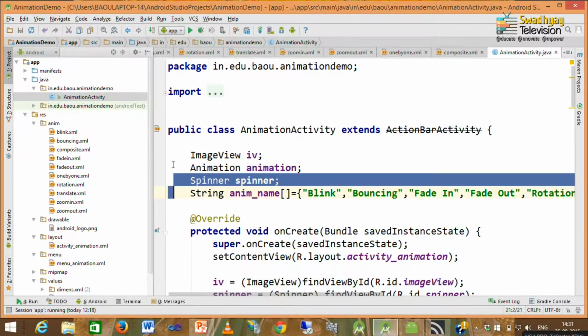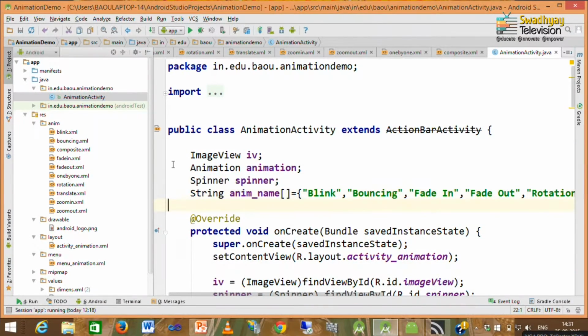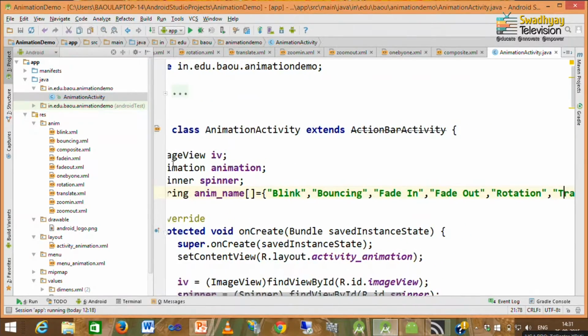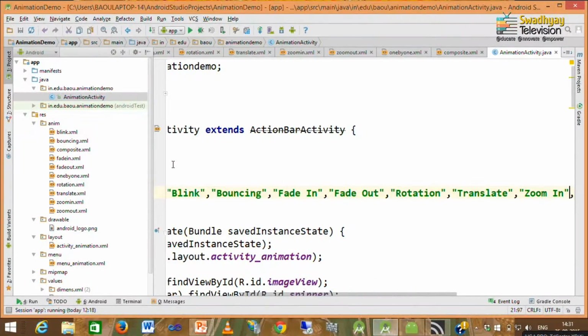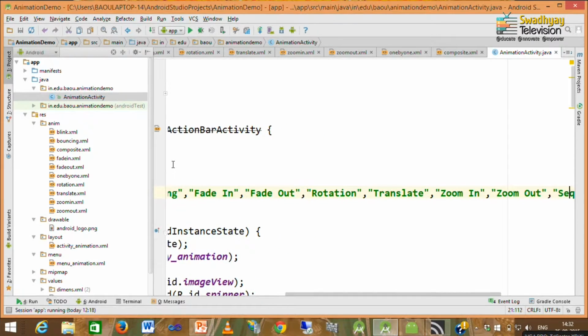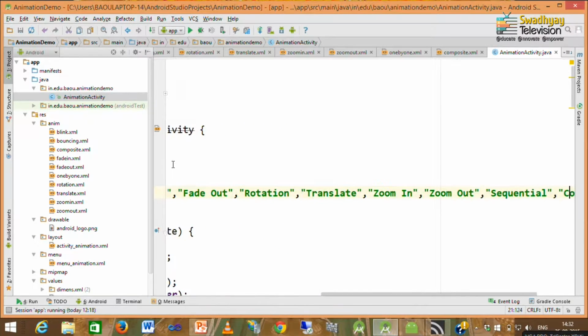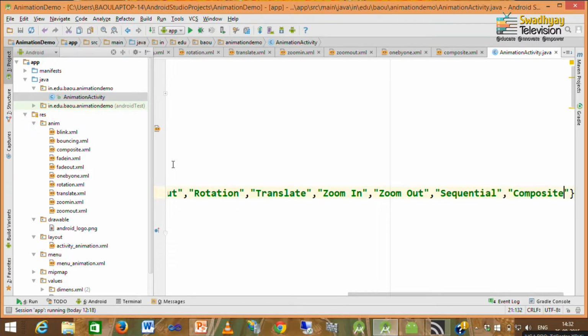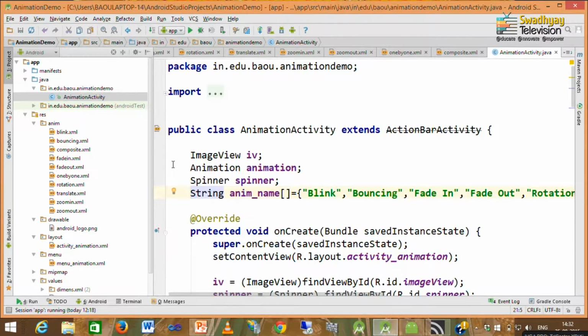Then you have to create one spinner which represents the spinner at design time, and finally, we specify an array of strings that represent animation names. So, the first name is blink, second is bouncing, then fade in, fade out, rotation, translation, zoom in, zoom out, sequential and composite. So, it just displays the names of the animations that we want to apply to our image view.